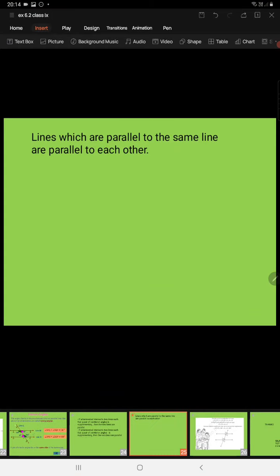So students, here is the recapitulation. I took this picture from class 7th. Here it is given, let these be line L and line M, and this is the transversal T, intersecting L at this point and M at another distinct point, and 8 angles are formed. If line L is parallel to M, then the pairs of corresponding angles formed will be angles 1 and 5, 3 and 7, 2 and 6, 4 and 8. Corresponding angles will be equal.